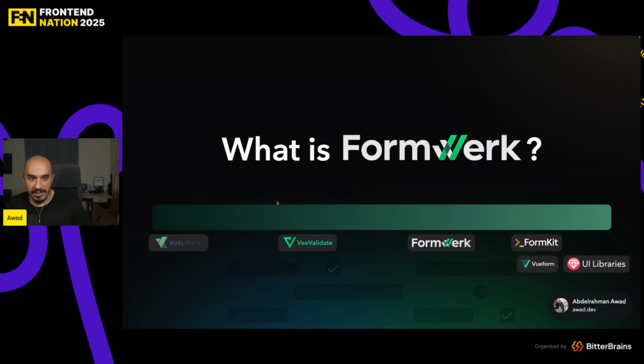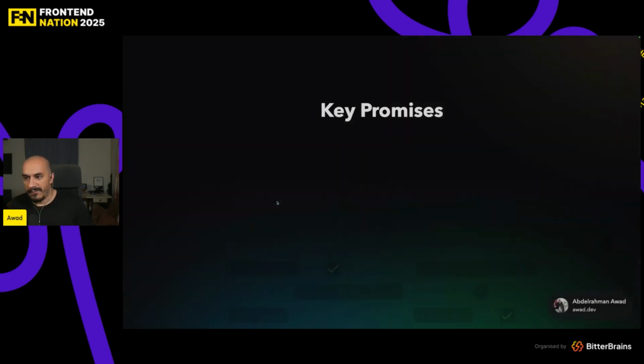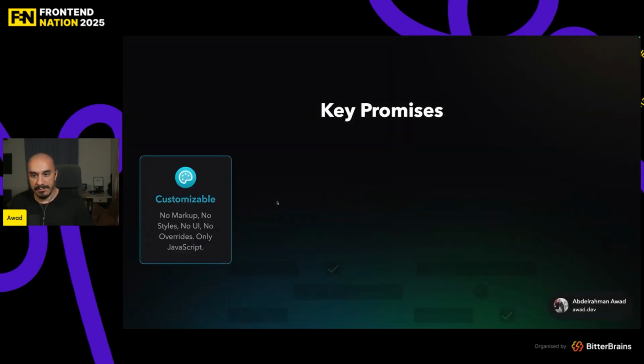But I'm not here to talk about what I talked about in previous conferences and previous appearances. You can check formwerk.dev and you can see all the components there, and you can build your own basically. So Formwerk basically promises that your UI is completely customizable by omission, meaning since it doesn't offer any markup, like zero elements, zero components, and so on, it also offers no styles at all. So that leaves you to use whatever styling mechanism you would like to use. Like you can use Tailwind, you can use native CSS, you can use Open Props, you can use whatever styling